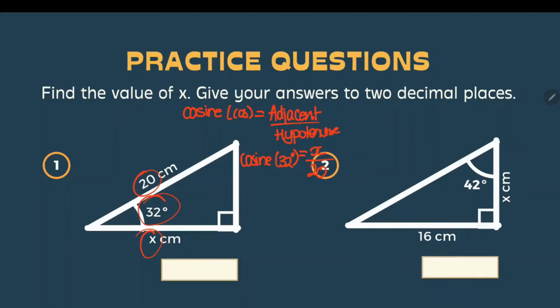Make sure you rearrange the formula to get x by itself and to further solve what the x is. Trigonometry sometimes uses some of the rules that we learnt in algebra. So to be able to get x by itself, you need to multiply each side by 20 to isolate x. As this one's already in division, you need to multiply both sides. So you multiply here and multiply here, which cancels these out and gets you to x